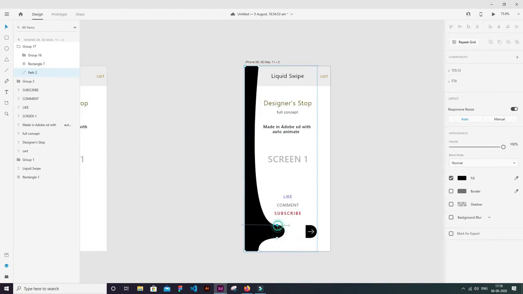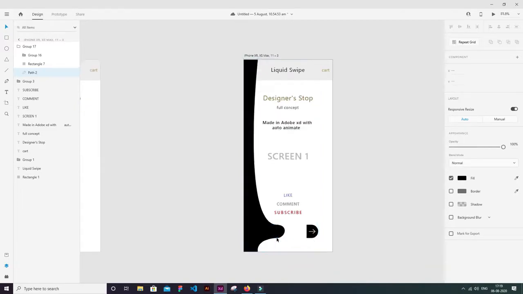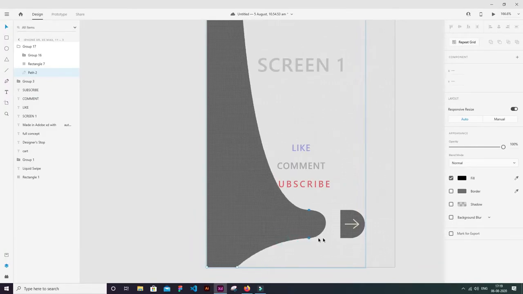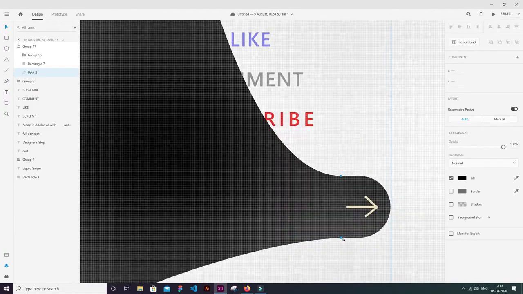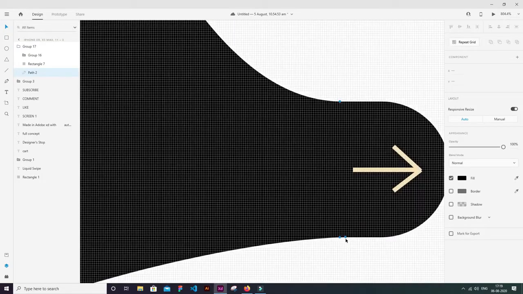Select these upper and lower dot. So click on this one, hold Shift and then click on this one. Zoom and then bring it right here. Yes.